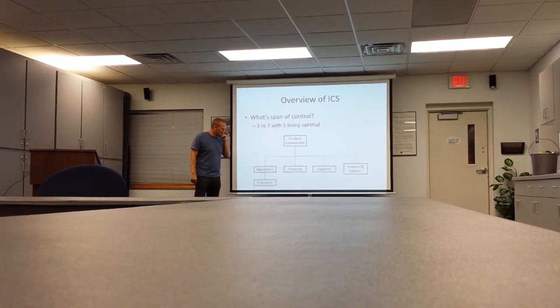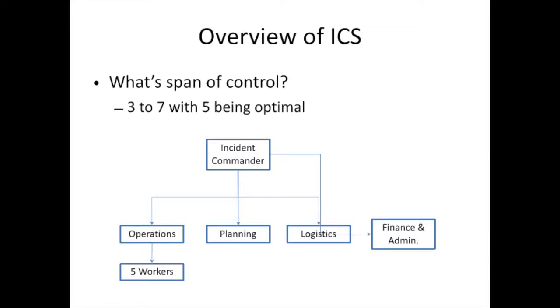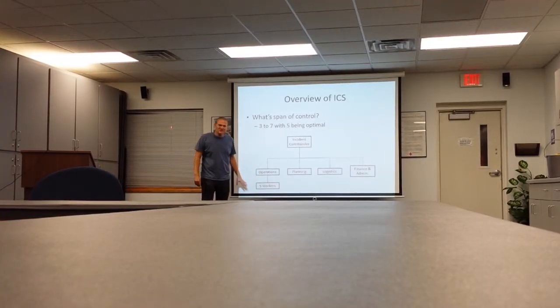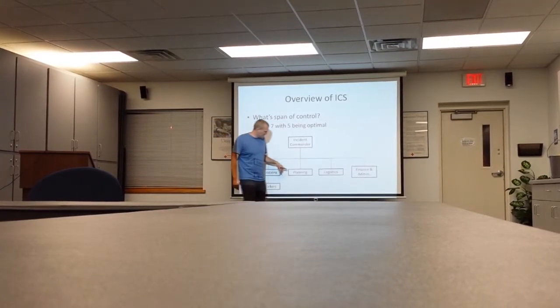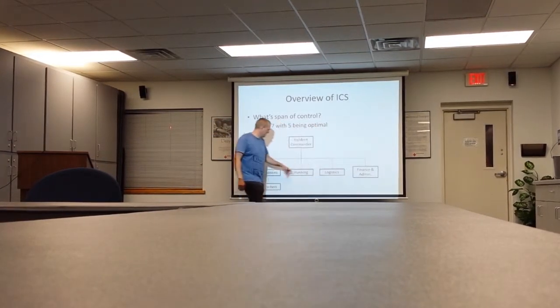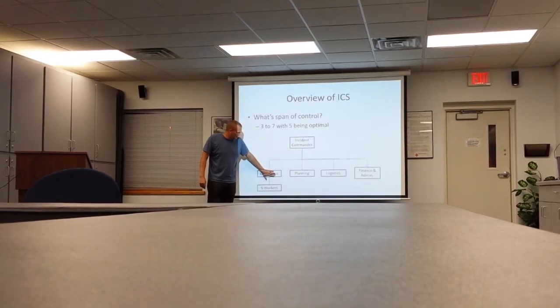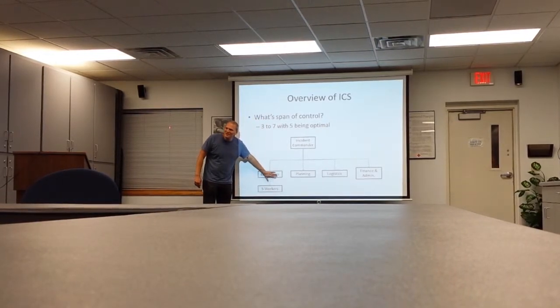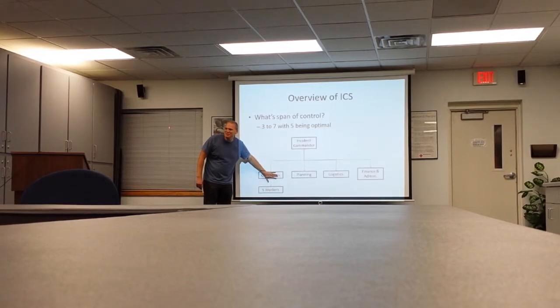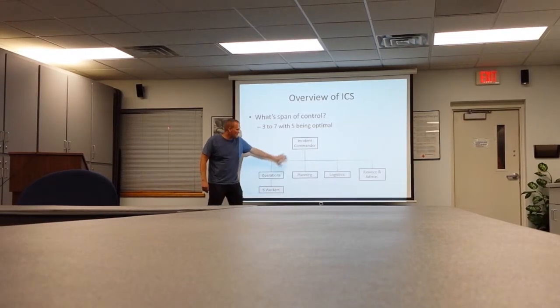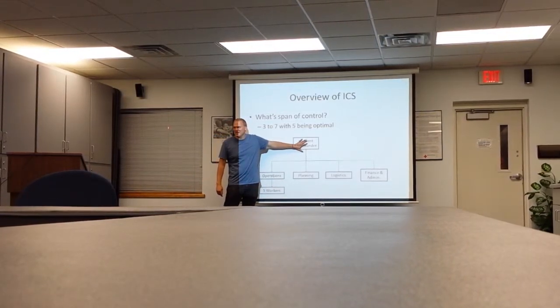So if we had a structure like this, where we had 5 workers out in the field, sorry that's down there a little low for you, John. If we had 5 workers out in the field, and we had somebody in each of these sections, but not here, we might not want to pull that piece out. We might need this piece to separate these 5 people from the incident commander.